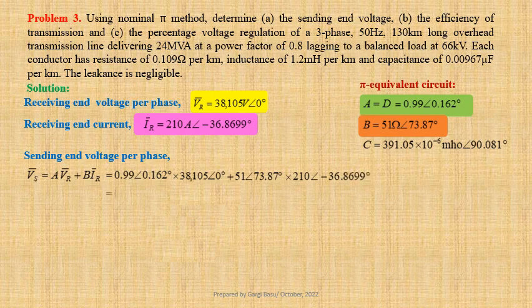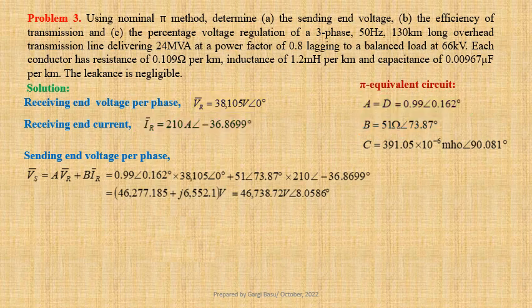That gives us 46,277.185 plus j times 6,552.1 volt. This may be written in polar form as 46,738.72 volt at an angle